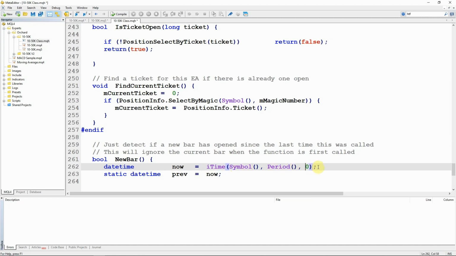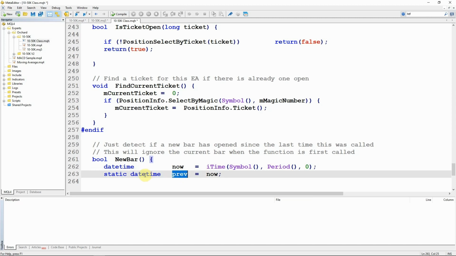So this will give me the start time for the current bar on this current chart. And when I then declare my previous, which is also a date time, but it's static, so it will hold its value between calls to the function. It will only be initialized on the first call to this function. And I'm initializing it to this now variable.